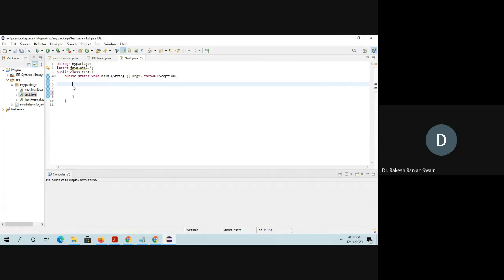So here I am defining a string str, and inside this, suppose "demo \t text". \t means a tab character is there inside.